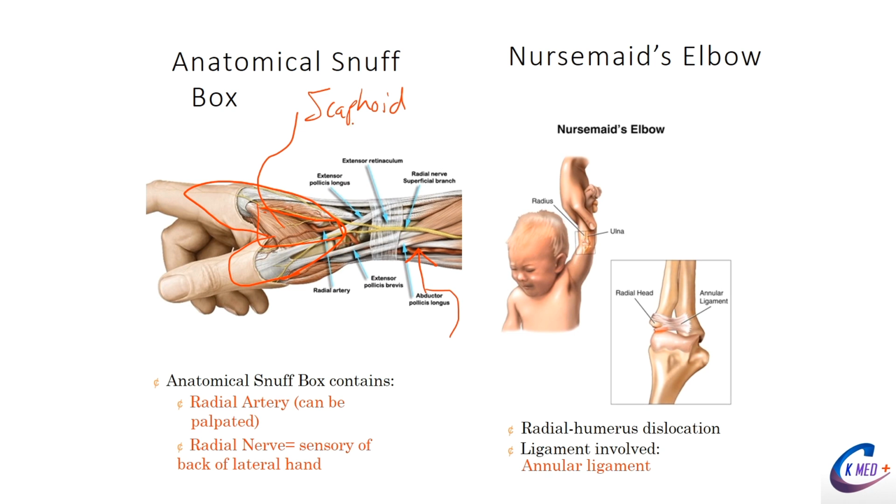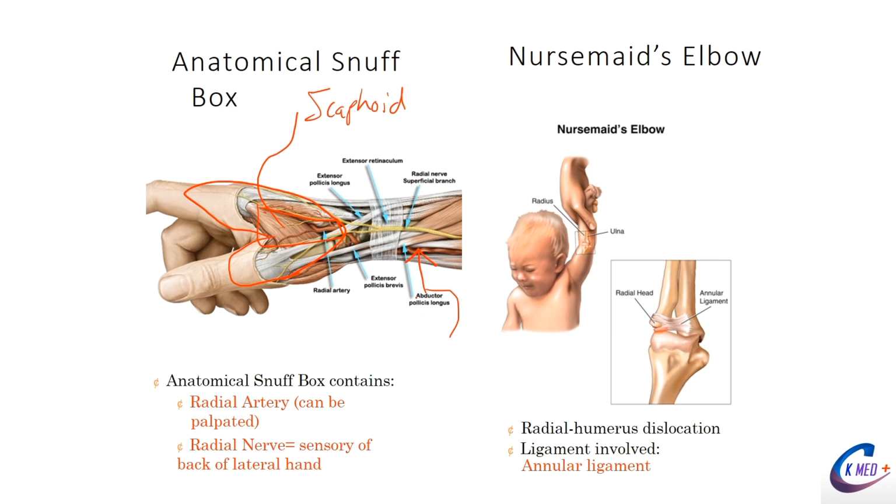So someone has a ground level fall, they have their hands stretched out in front of them, and then they hit their wrist, and it hurts really bad. And if you push in this anatomical snuffbox, which is just on the lateral or on the posterior aspect of your wrist, near the back of your thumb, around your abductor pollicis